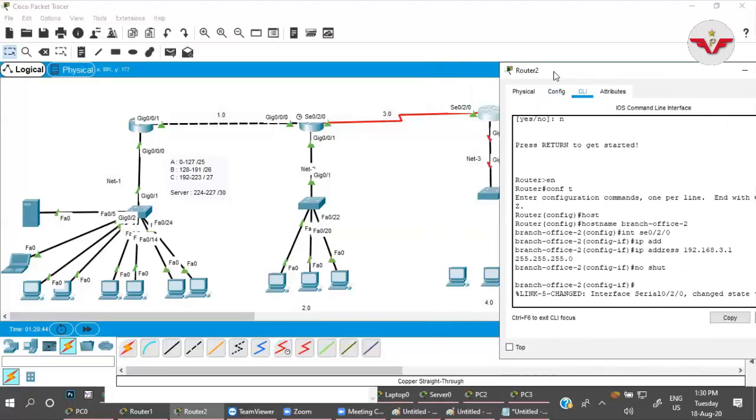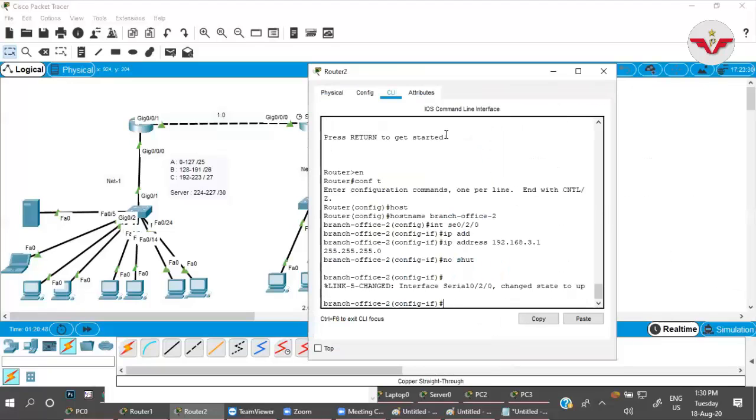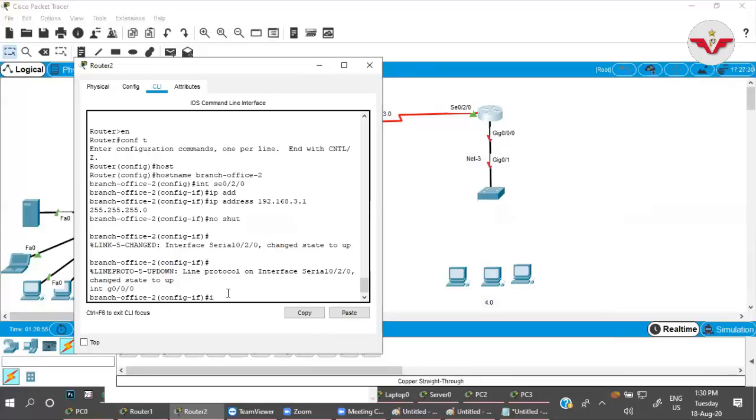Here we have the 4.0 network, so 4.1 would be the default gateway. int z 0/0/0, ip address 192.168.4.1, no shut.